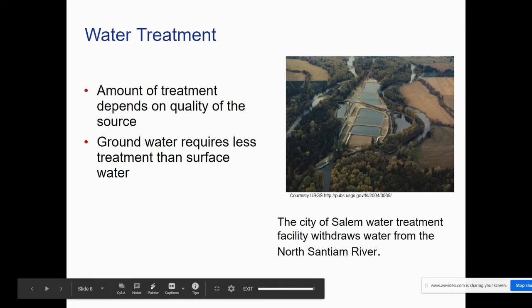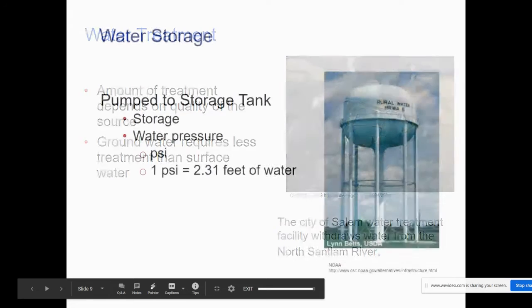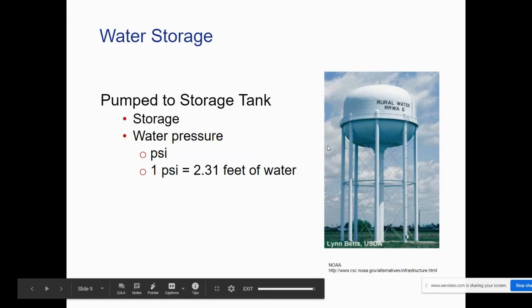You can have desalination plants, which again is a huge thing in coastal areas. So it just depends on what the quality of the water is, or what the situation is with the water coming into the system. All right, once you've treated the water, then you need to store the water, and that's